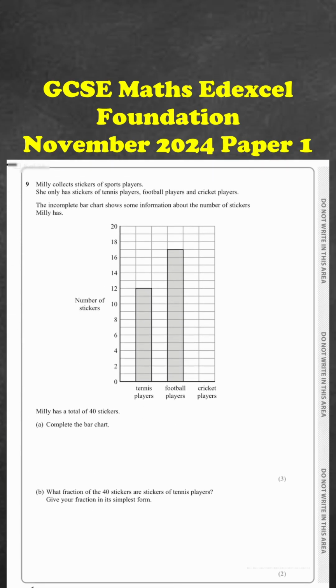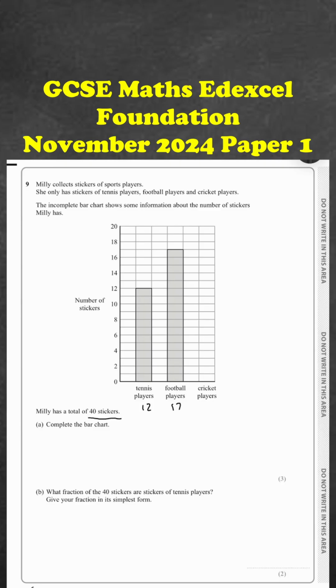Question number 9. Millie collects stickers of sports players. She only has stickers of tennis players, football players, and cricket players. The incomplete bar chart shows some information about the number of stickers Millie has. Millie has a total of 40 stickers. Complete the bar chart. Okay, so you can see she has 12 tennis players, she has 17 football players, and